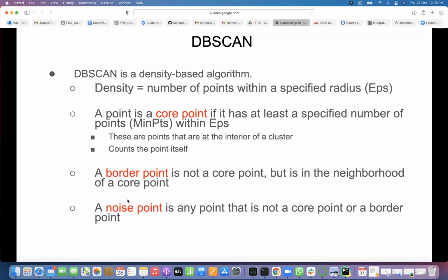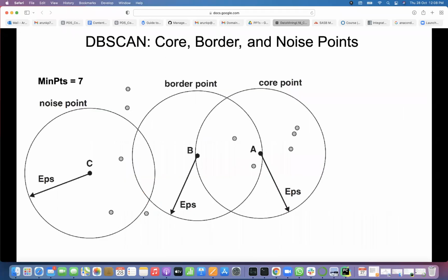You understand these 3 now? Core point, border point, and noise point? Yes, sir. We will see an example now. Minimum points 7 is put here, and some distance, you think of this as 1 unit distance. Take the dark point in the first circle as the center. Within that unit distance, how many points are there in the circle centered at the dark point?